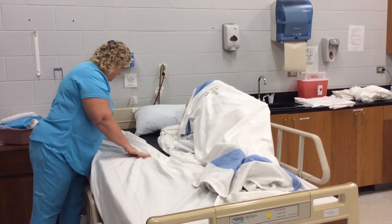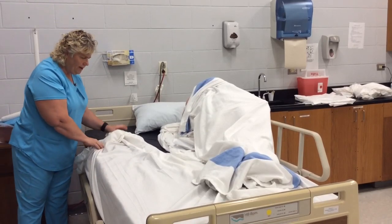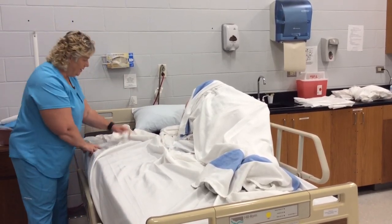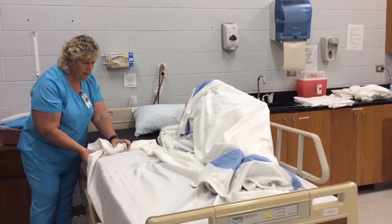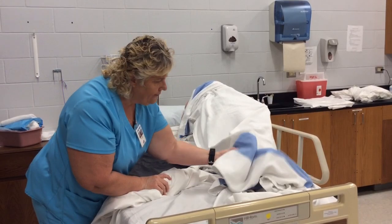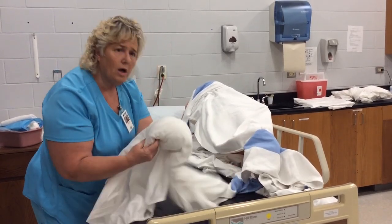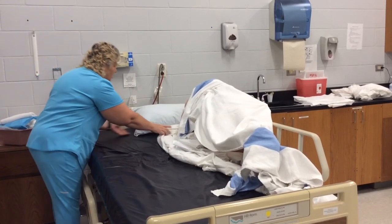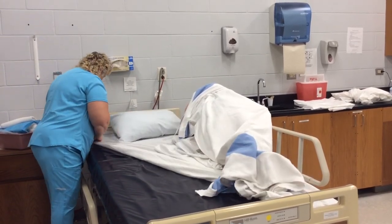Make sure your pillow's over there. And if there is a draw sheet, I will remove it separately. And then I'm going to remove the bottom sheet, always rolling it away from you, and that will go into your hamper. Then I'm going to pull the clean sheet through,